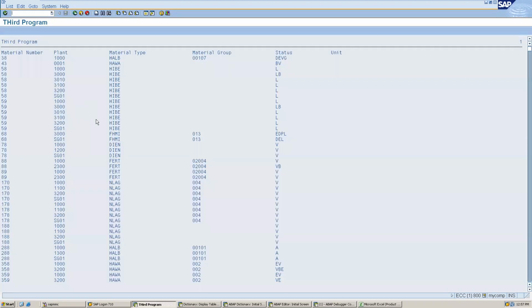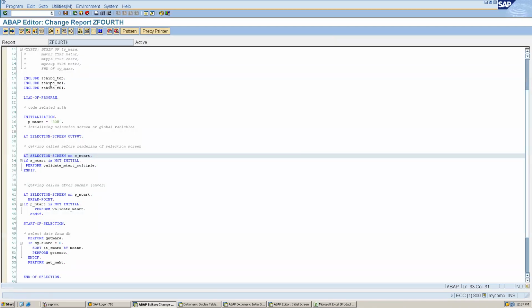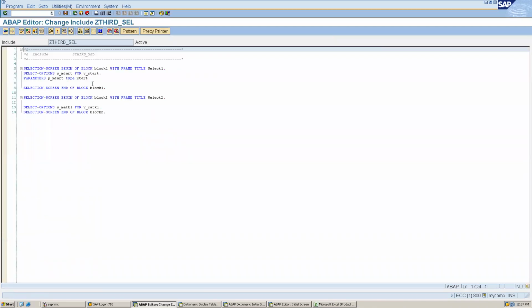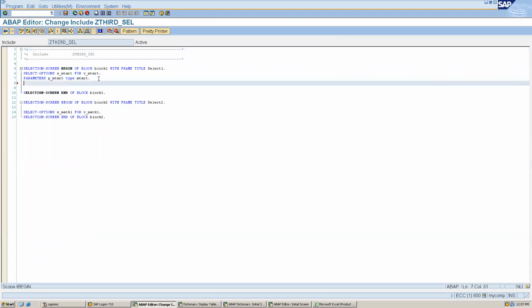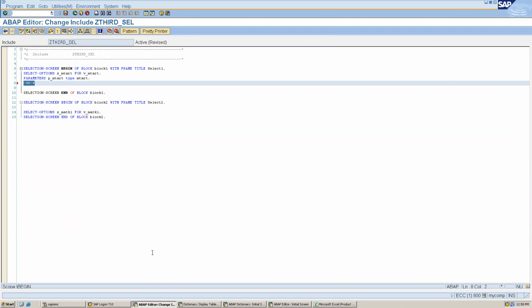अब हम और क्या कर सकते हैं selection screen में? For example we can create a checkbox in the selection screen, right? How can we create a checkbox? For example check, I'm not sure, let's do F1. Check select option, check box. Do you know syntax?